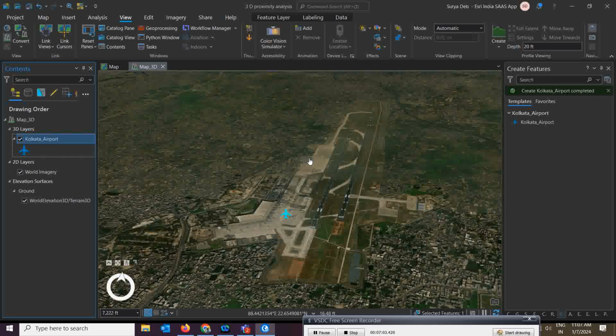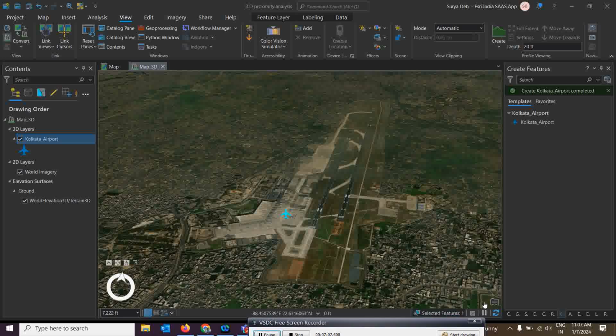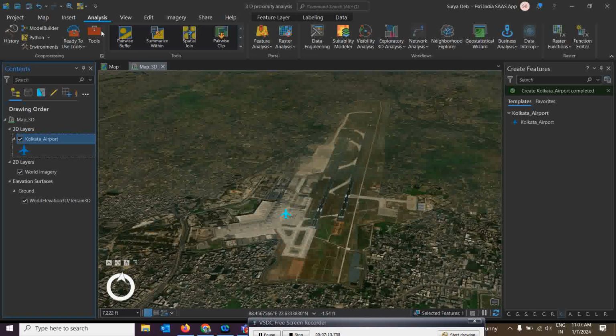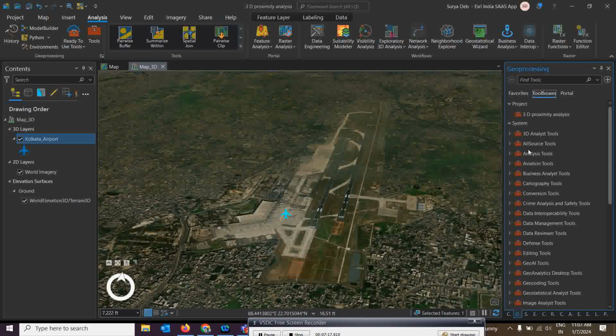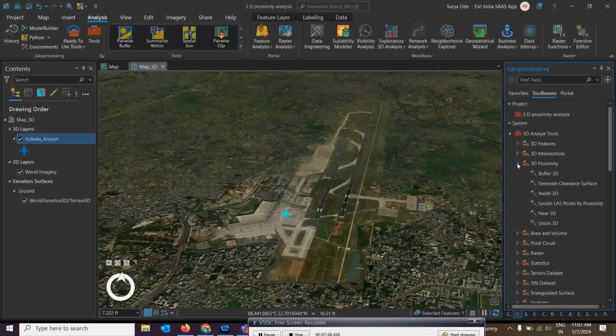So how are we going to do that? For doing this, you should have the 3D Analyst tools inside ArcGIS Pro, okay. So you come to this analysis tab, and in the toolbox, you see the 3D Analyst will be there somewhere. Yeah, this is the 3D Analyst and this is called 3D Proximity Analysis, okay. So you can click on the 3D Proximity Analysis and now you can create a buffer which is Buffer 3D,